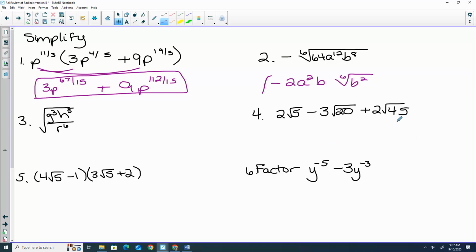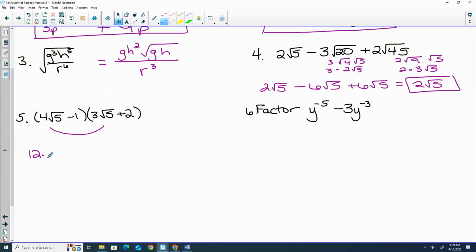Okay, so 2 radical 45. So 45 we can break into 9 and 5. Square root of 9 is 3. That gives us a 6 radical 5. Adding like terms, you just add the coefficients. So 2 minus 6 plus 6 is 2 square root of 5. Alright, number 5. When I multiply these things, you multiply the numbers outside the radical together, so that would